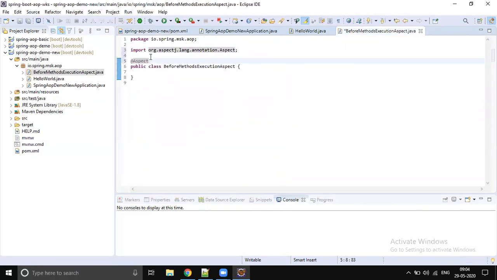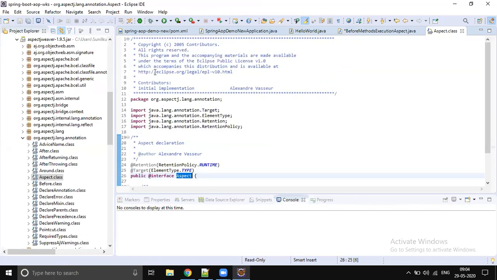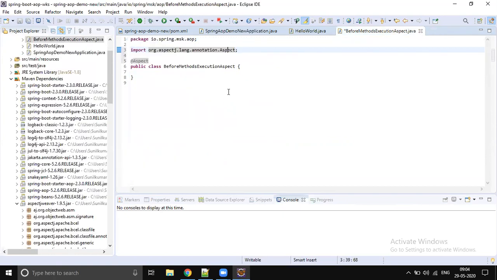Okay. Can you look at that import statement? Is it from Spring? No, it's from AspectJ, not from Spring. It's from a third party. So who is the third party supporter? How can we know? Hold control, select and click on this aspect. It will take you to the actual implementation. Who is the owner? Let's expand the copyright. Eclipse. So we are using Eclipse AspectJ, AOP only. Spring also uses Eclipse aspect-oriented programming only, but Spring takes control of it.